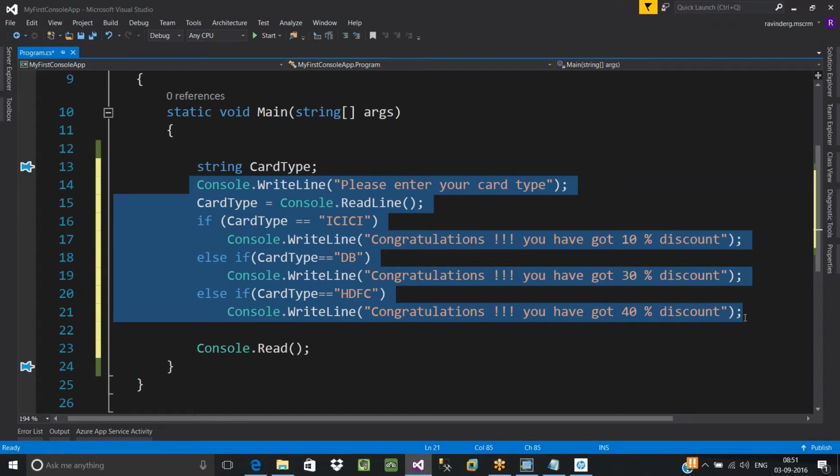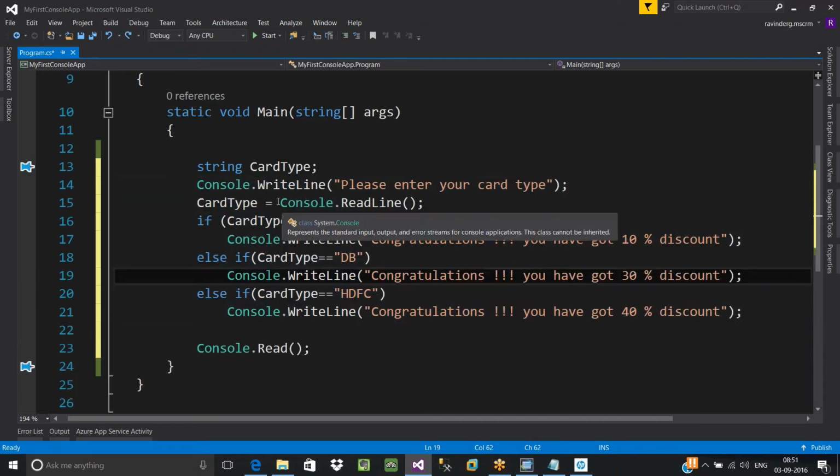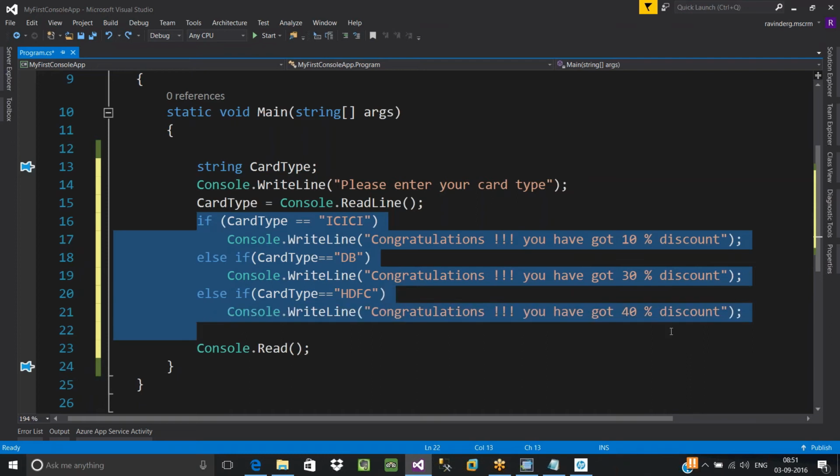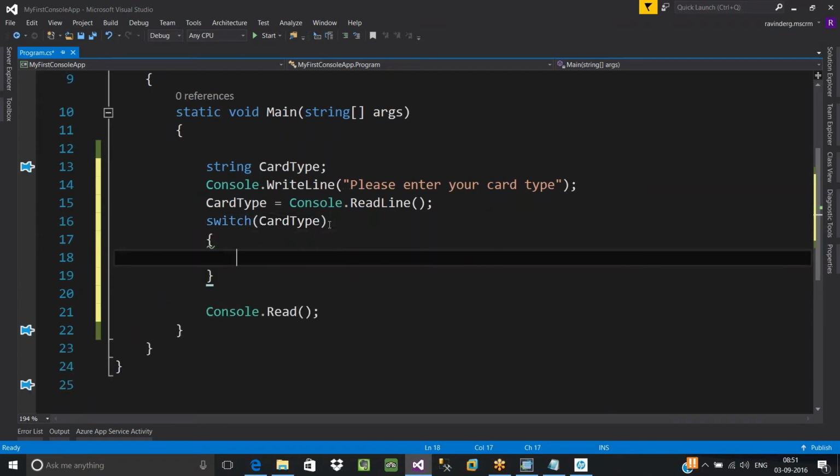So as I said, when it comes to switch, input is required. You need to use a keyword called switch. Here you'll have to provide the input. What has to be validated? Your card type has to be validated. Earlier we used to define a separate if statement to validate each case.